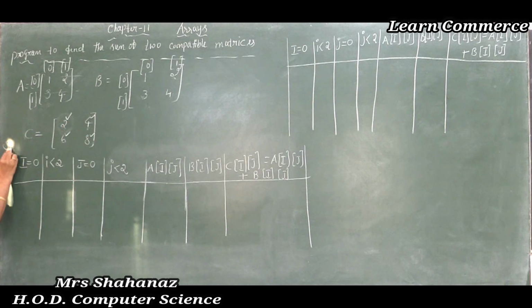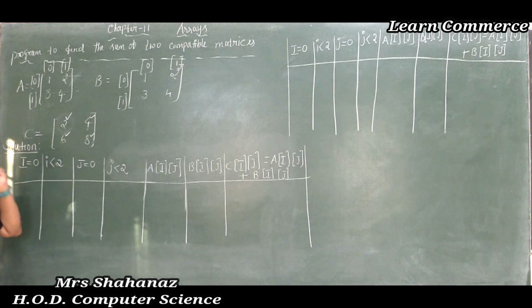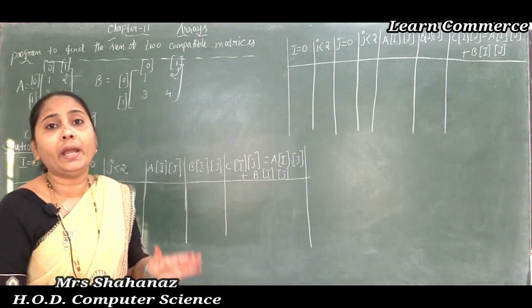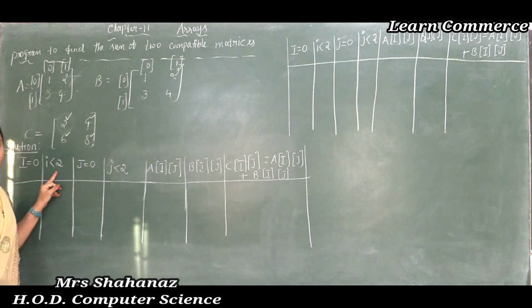Now let's see how it is possible to get the values 2, 4, 6, 8. So let's see the solution. Okay, I am going to solve it. This same processing, the coding method, I am going to use just to find out the matrix after adding A and B into matrix C here. So first of all, I am going to read the rows and columns I will use to find the sum of two compatible matrices. So the first one, i is equal to 0. In the starting step, the i value is initialized to 0, i less than 2. So till where am I going to check the condition? Till the i value is less than 2. Clear this point here?